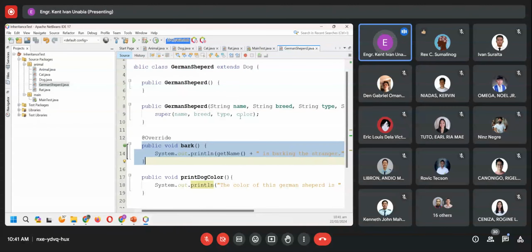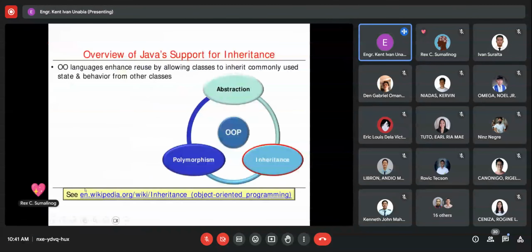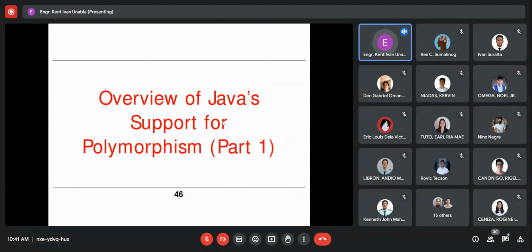Okay. So now we're done with inheritance. Okay? So let's hurry, guys. This is the overview, this is the topic. Okay. I know you already understand this topic. Okay? So next thing is we go to the